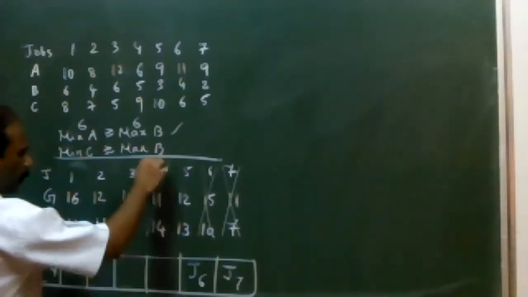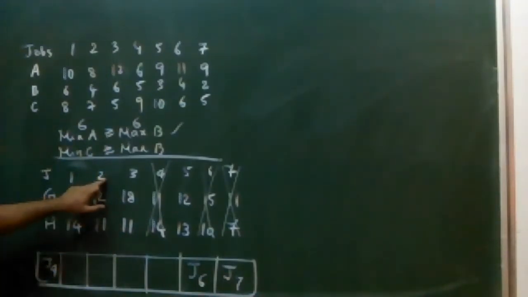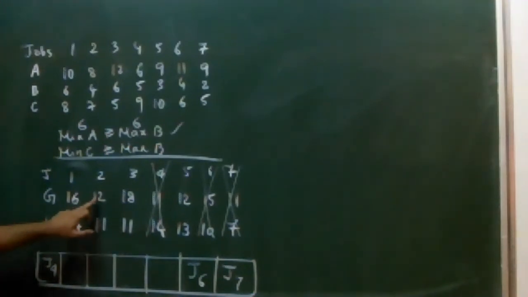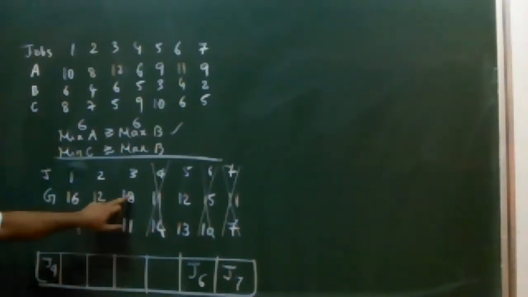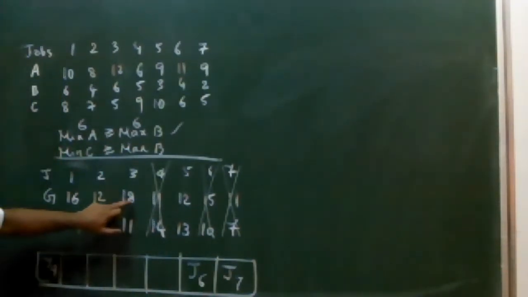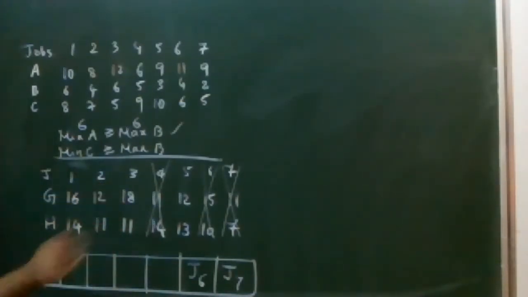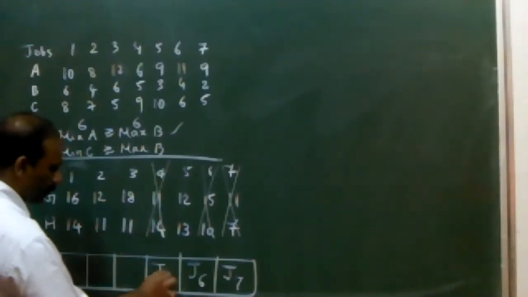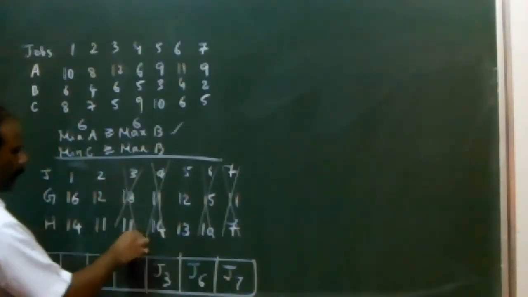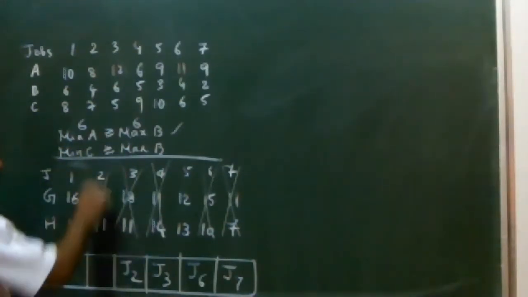So this is gone. Now, in the remaining ones, you can see both 11s happen to be on the same machine. We are supposed to compare the corresponding value. For this one, the corresponding value is 12. For this one, the corresponding value is 18. Which is the highest corresponding value here? 18 is the highest. Therefore, first I have to assign job number 3. Since it is on machine H, I have to come from the right side. So this will become job number 3. You can cancel after that. Obviously, this will become the next job, job number 2. So you cancel that.